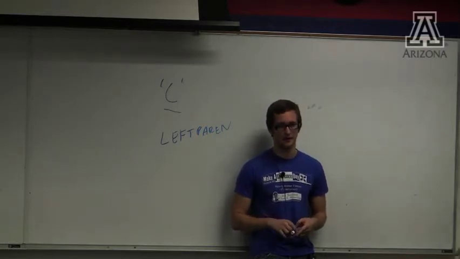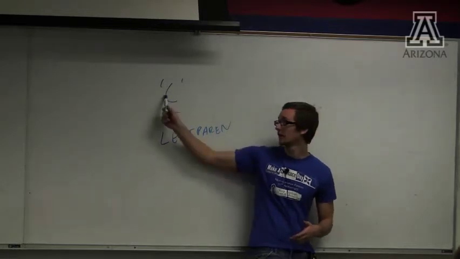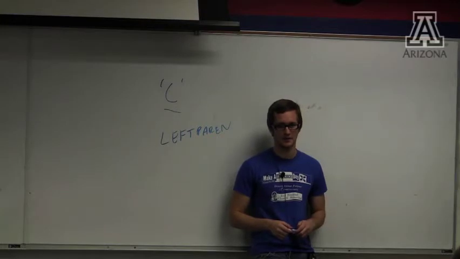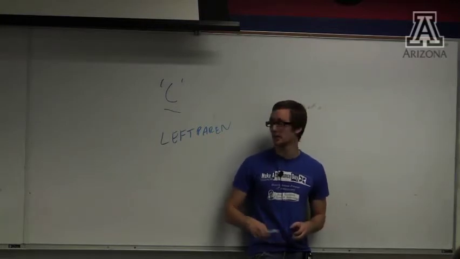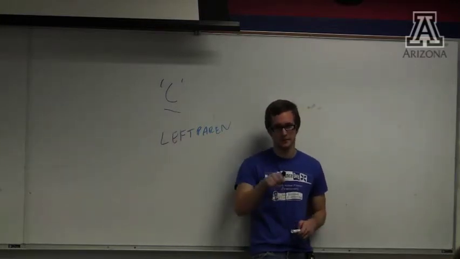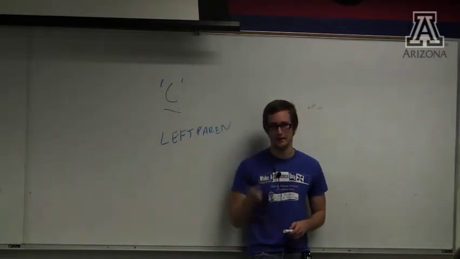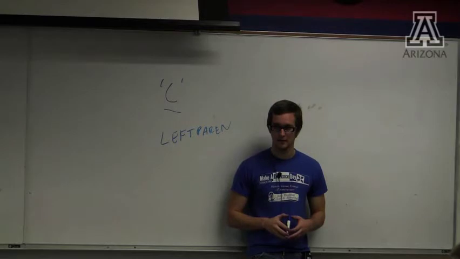But the question was, how do we get this to work? How do we actually get flex to return just this left parenthesis? You actually have to make a rule for it. You can enumerate this or have the dot or something like that, and actually return yytext in the scanner. Keith, yes?